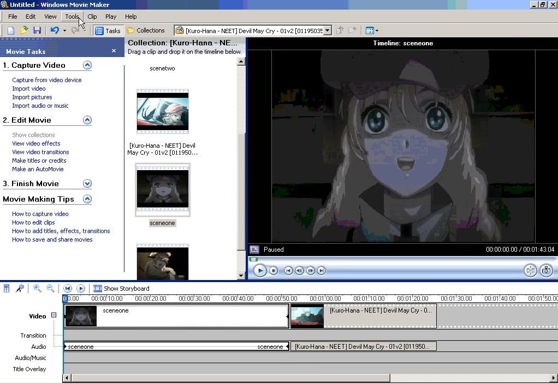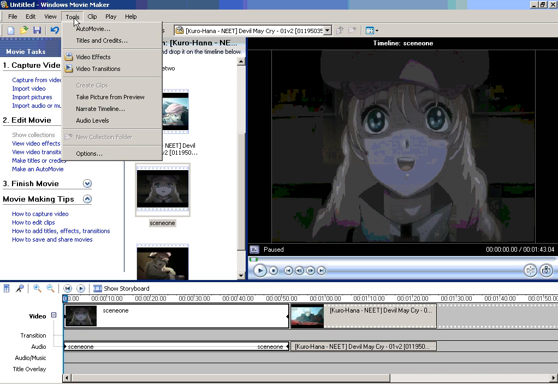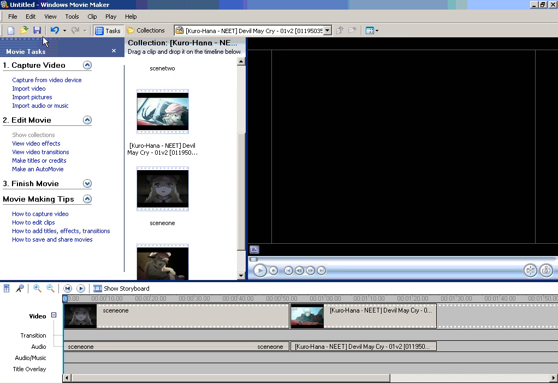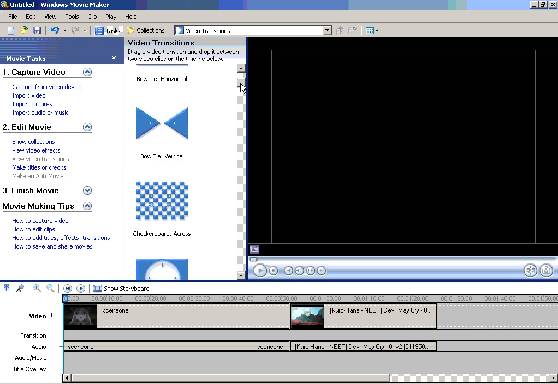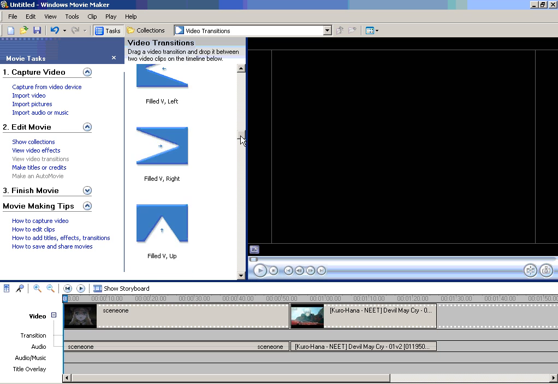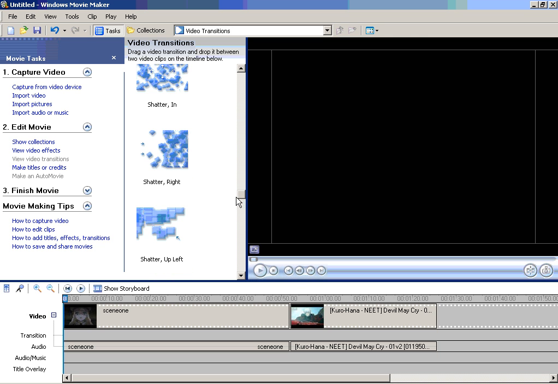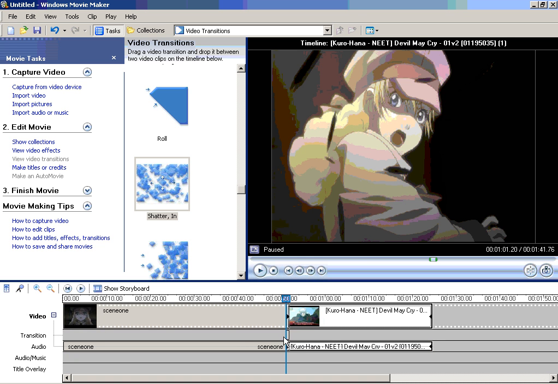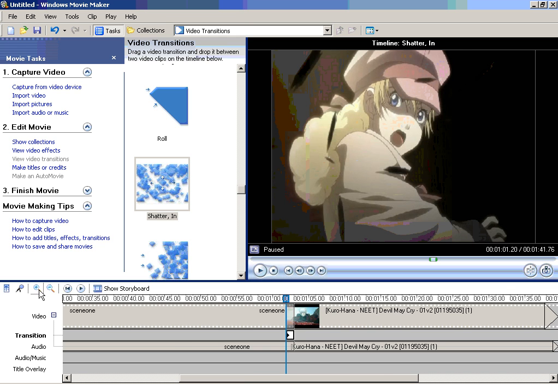But it's very boring just to have one clip change from one to the next, so we're going to add maybe a transition. We have the video transitions here, and for this particular example we're going to use the shatter in, which we simply click and drag between the two clips. Now if we zoom in on that particular area using the zoom tool,